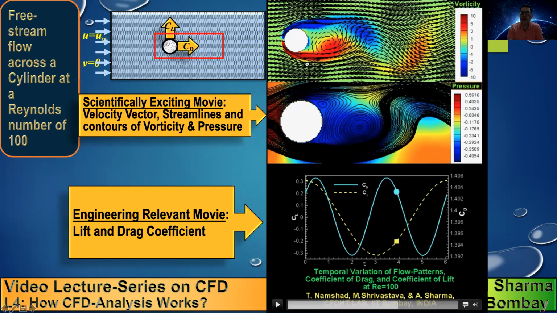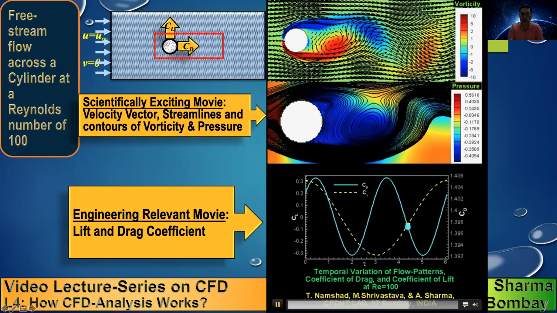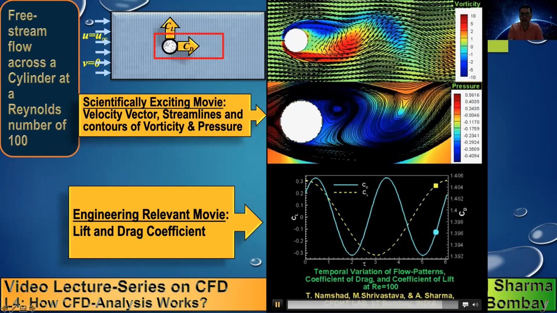You can also compare the vorticity distribution in this case, where you can see that due to the flow separation from the top half, you get a clockwise vortex, which I have discussed earlier. Due to the clockwise vortex, the blue region of the vorticity corresponds to the negative value of vorticity, which corresponds to a clockwise vortex. Similarly, there is an anti-clockwise vortex which is formed. Let me show it to you.